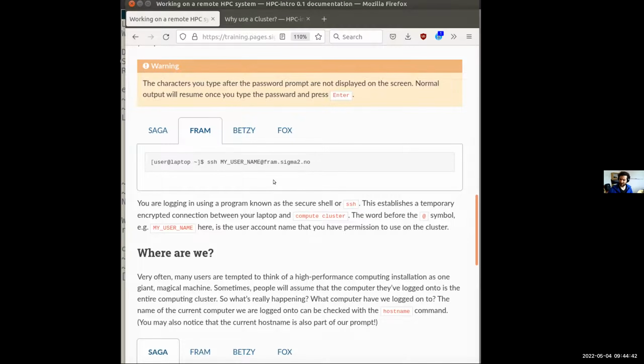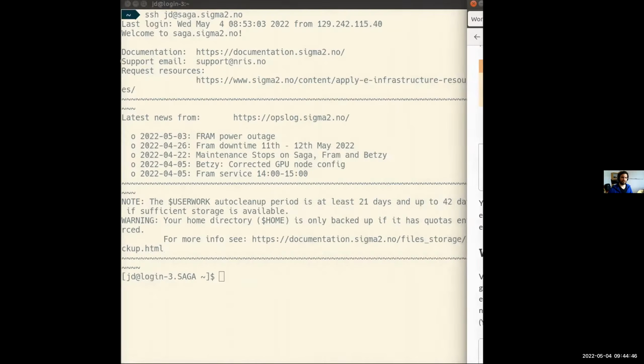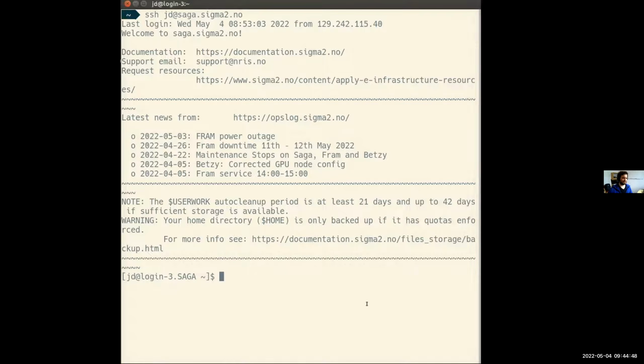Okay, I think that we can continue. Should I keep my screen share and you tell me what to do? I can take over the screen again. Because now we are hopefully all logged in.